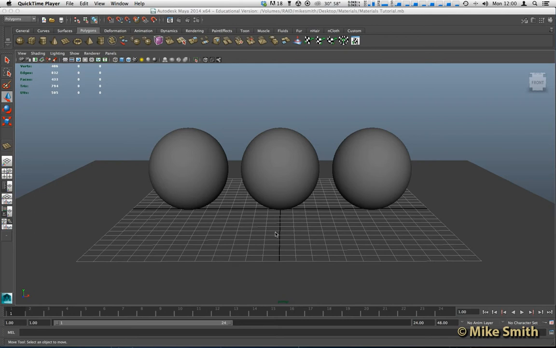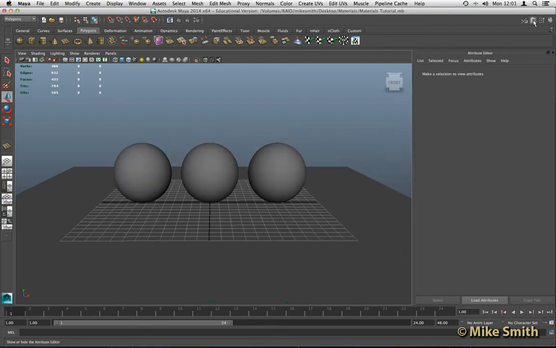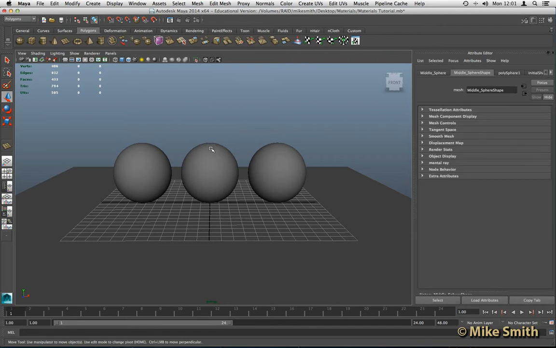So let's open the attribute editor up. In the top right corner of the screen, just click on the folder icon, and if we select any one of our objects, I'll go ahead and select this one in the middle, and then if you look in your attribute editor, if we look at these tabs along the top and scroll all the way along to the right, you'll see you've got your Lambert 1, and if we click on that, you'll